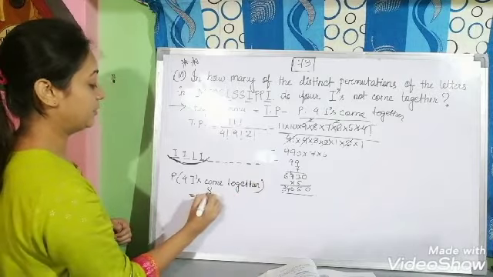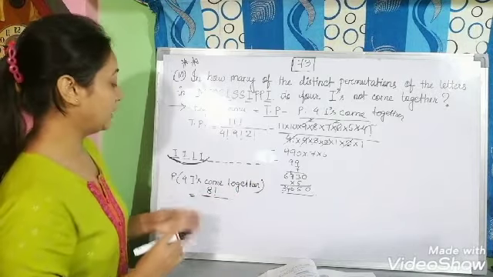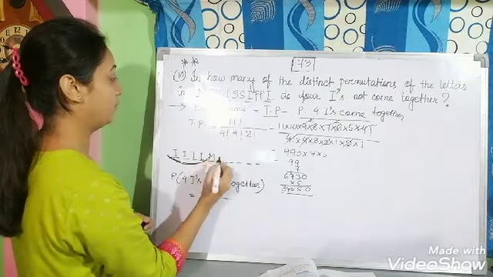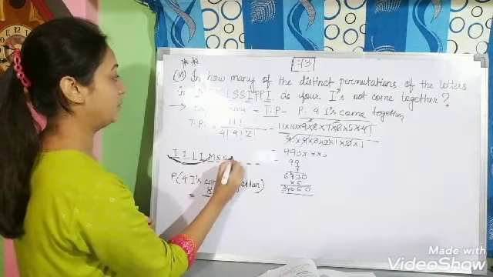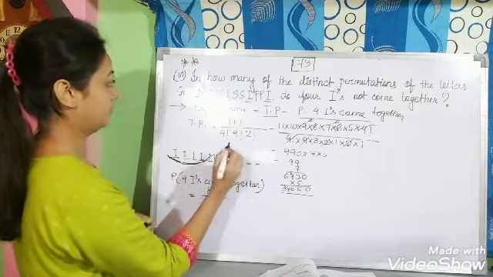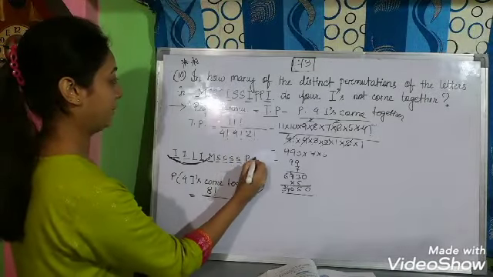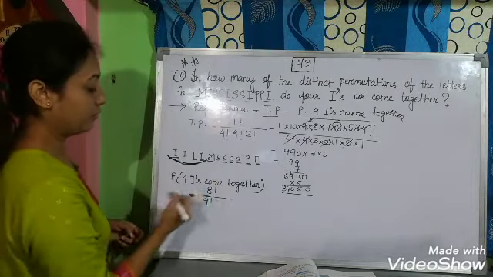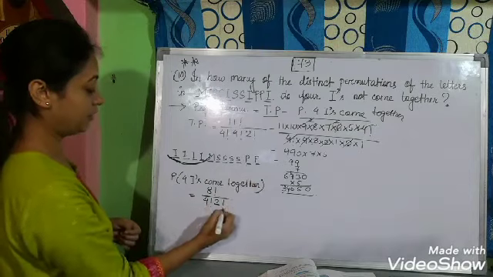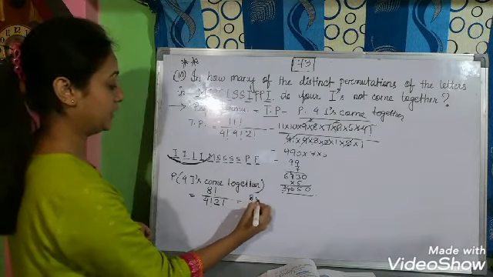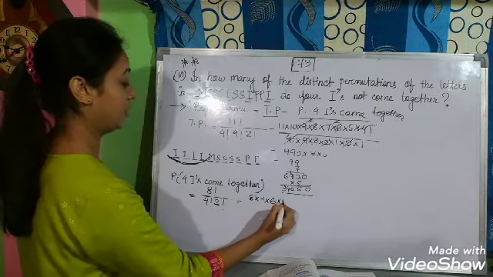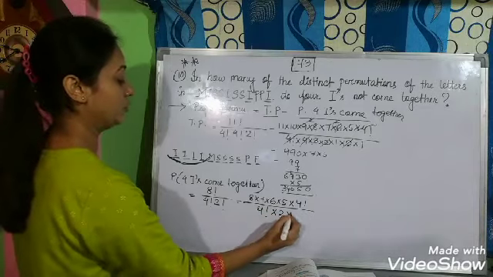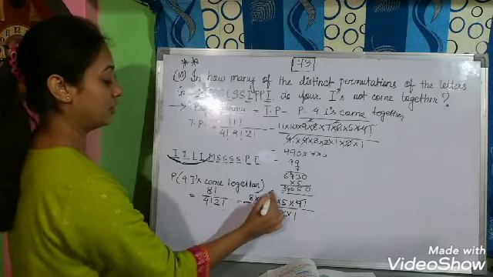Equal to 8 factorial divided by, now here you see one thing, I's we have written 4 times, but the remaining are M, S occurring 4 times, P occurring 2 times. So S is occurring 4 times, so you have to divide by 4 factorial. P is occurring 2 times, so 2 factorial. Now calculate it. You'll get 8 into 7 into 6 into 5 into 4 factorial divided by 4 factorial into 2 into 1. So 4 factorial got cancelled. 2 3s are 6.